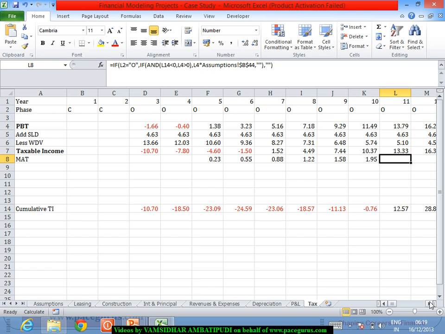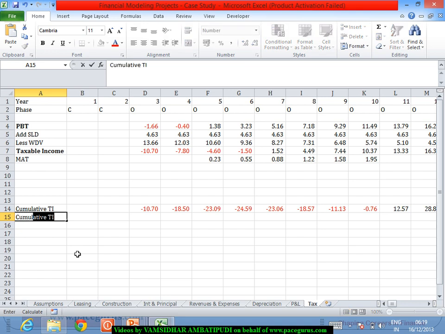So in this case, though this much of tax is applicable for MAT, I will also put up with cumulative MAT, means this is the tax I have paid